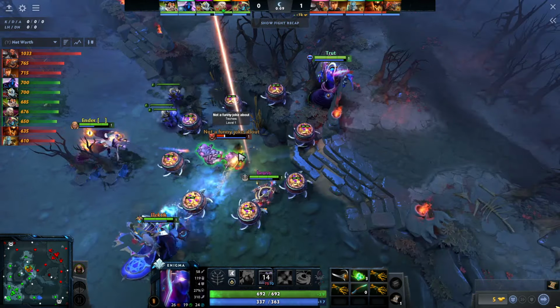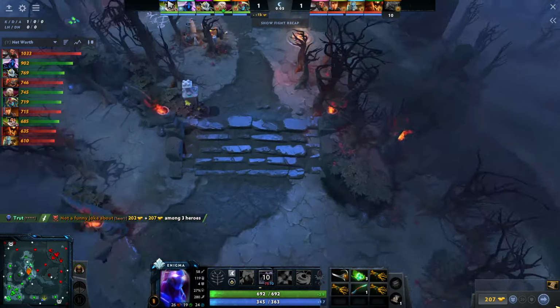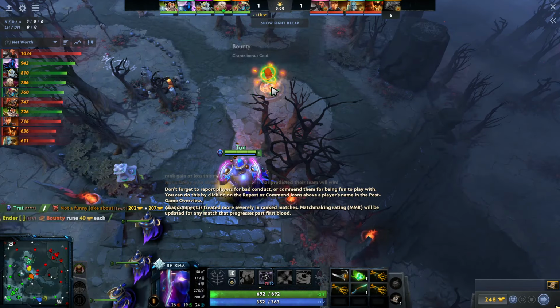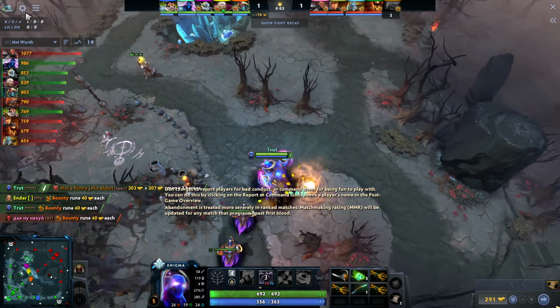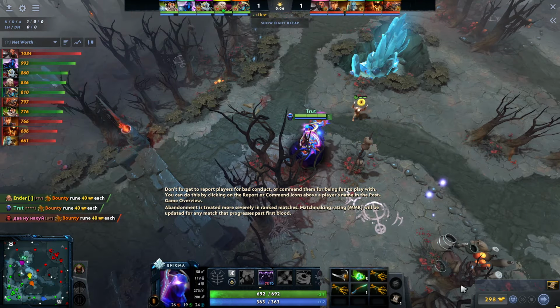Today I'm going to be telling you guys some reasons why you should be picking Enigma in your pubs, and honestly, one of the stronger heroes this patch. Even though he was nerfed in the last patch, the hero is still really strong, especially as an offlaner, also as a position 4. But there's a big difference between offlane Enigma and support Enigma, just because you're able to